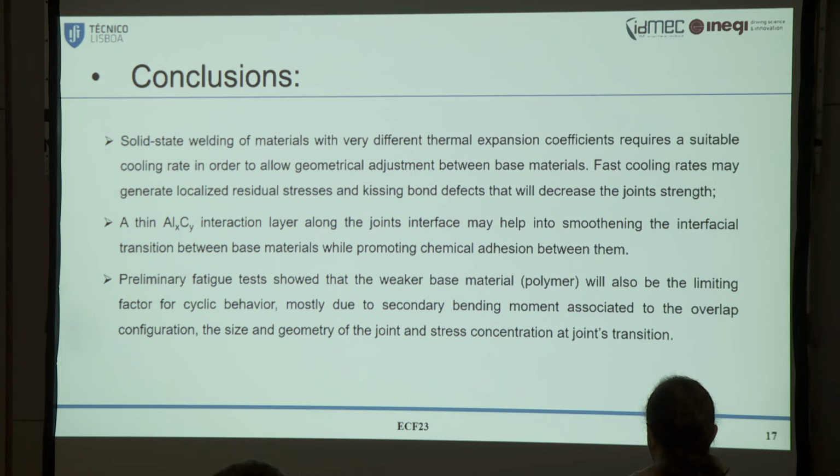And finally, the fatigue tests. We are starting the fatigue tests right now. We should perform more fatigue tests, and we need to establish the welding